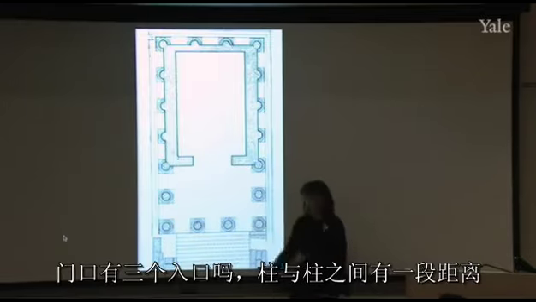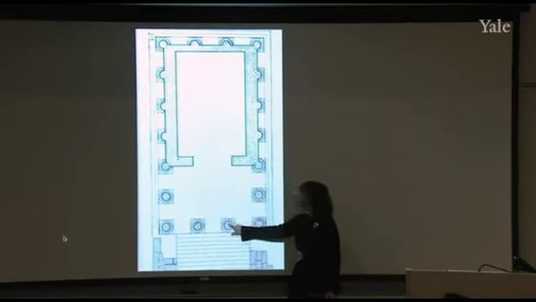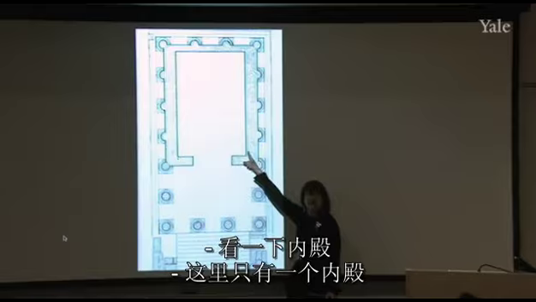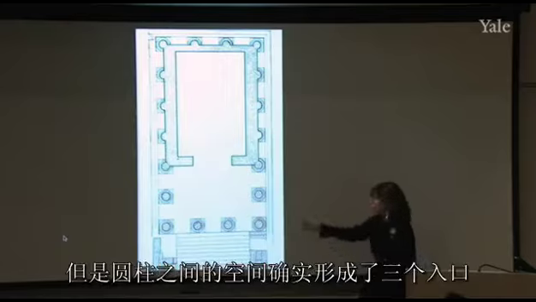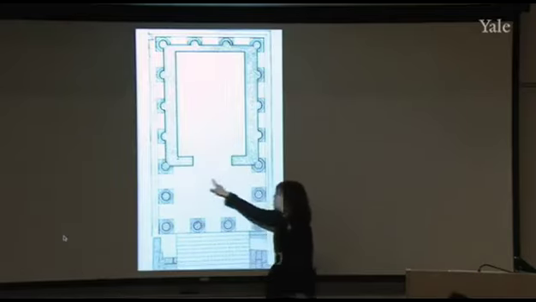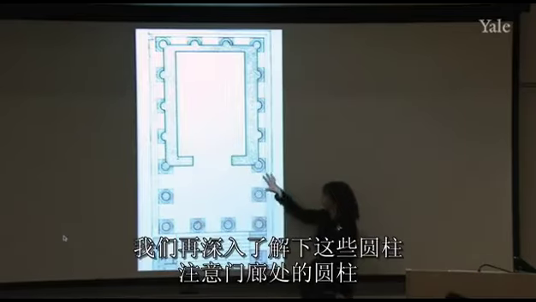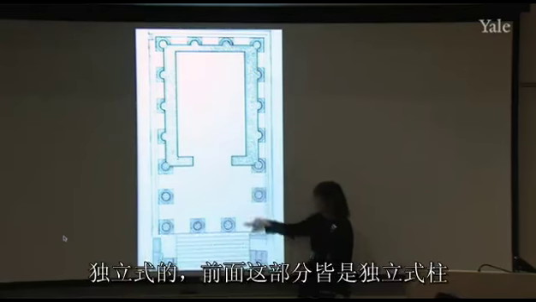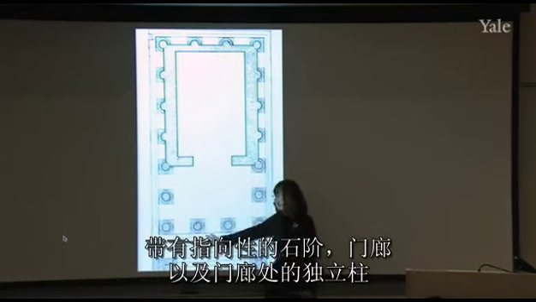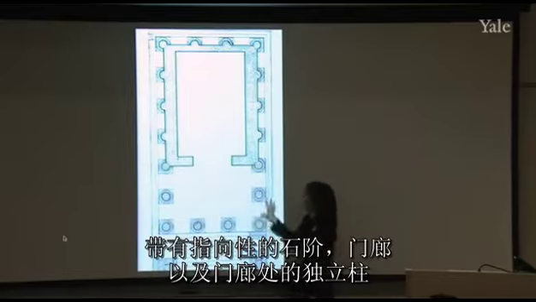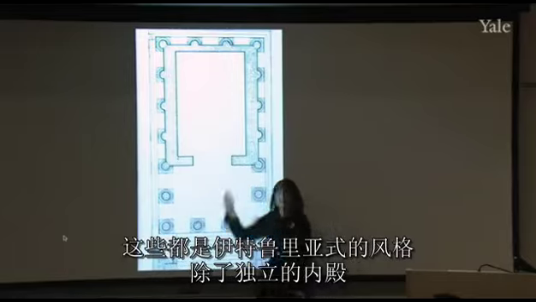Is there a triple entranceway? I mean, there's spaces between the columns. These are columns here. Right. But look at the cella. The cella is a single cella, so this is not a Capitolium, but there are spaces, you're right, between the columns. So take us a little further with the columns. You can see the columns in a deep porch, freestanding. Columns in the front are freestanding. So facade orientation, single staircase, deep porch, freestanding columns in that porch,